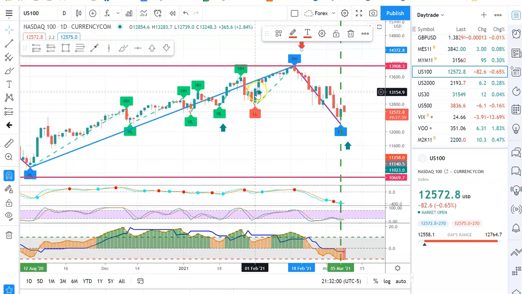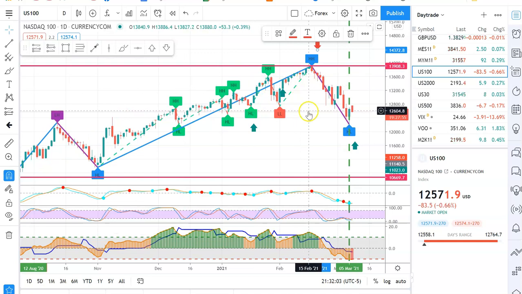Looking at the Nasdaq futures on the daily chart, we can see that we've been in a down trend for the last 5 to 10 days. And now on Friday, it seemed to have switched. Here's your zigzag. By the way, this is a zigzag indicator. It's open right here. There's no bar going up this way.